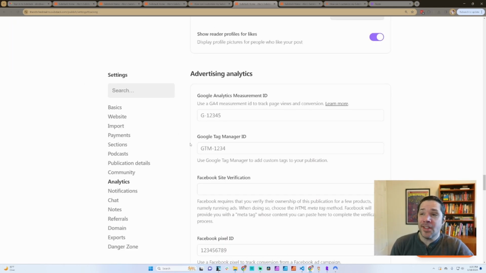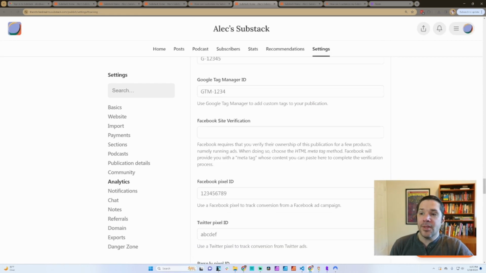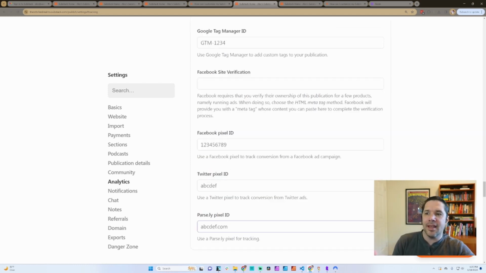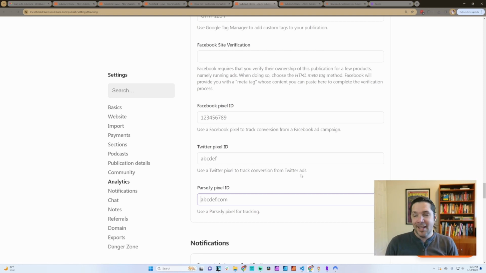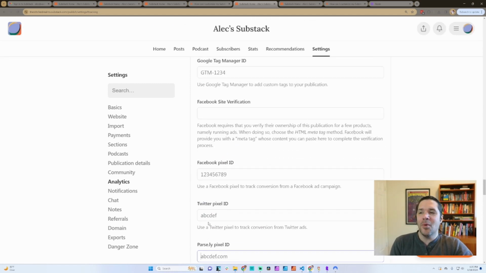So you also have Google Analytics here, but you also have Facebook site verification, Twitter stuff. So this is basically for conversions, right? If you set up a Facebook ad campaign to drive people to your Substack, you'd want the Facebook Pixel ID, and then that allows it to connect to Facebook, so Facebook can track how many conversions you're getting from your ads. It's kind of technical, but if you wanted to do in-depth marketing, it looks like, on the face of it, maybe there are some more hidden options I didn't see in the simplified Patreon UI, but it just looks like there's a lot more information. I'm not even sure what parse.ly is, and I should look that up. But there's a lot more analytics options,